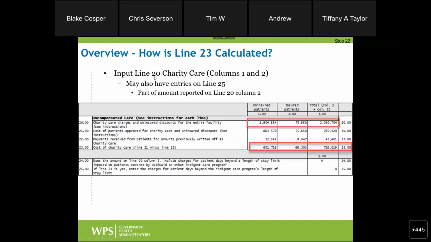Now we'll go back up to charity care. Line 20 is where the charity care starts, and it's charity care charges and uninsured discounts. They separate those two things out label-wise, but they're included in the same cell. But there is, of course, a breakout between uninsured and insured, and it's a very important breakout. One of the big errors we've seen in the past is that providers have put it in the wrong column or they've used only one column. It's extremely important to separate these out because uninsured